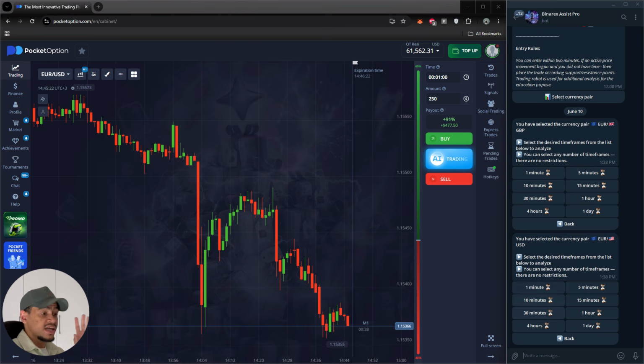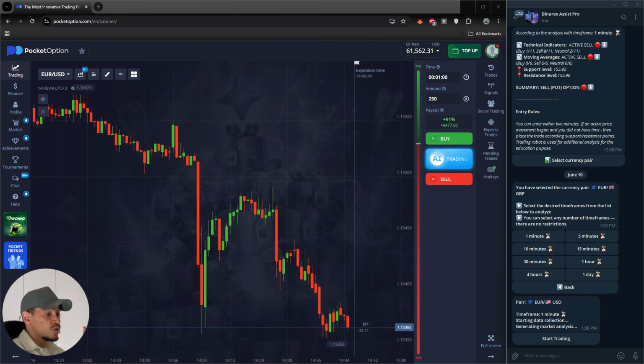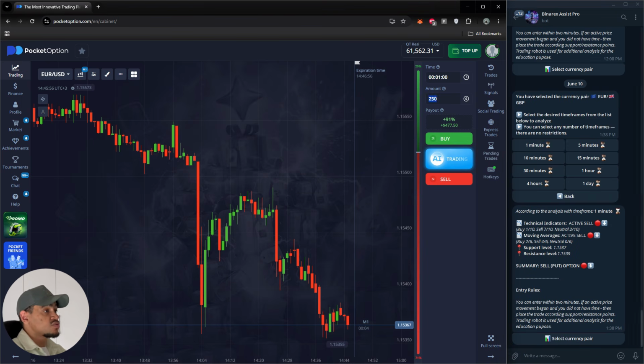You have 8 time frames to select from 1 minute to 1 day. This is, like I said, the first tool that we have ever released, and it's still to this day we follow this pattern of having 1, 5, 10, 15 minutes, 30 minutes, 1 hour, 4 hours and 1 day, because these are the time frames that you should be focusing on, and they capture the different styles of trading that you want to go with. So you know me, I'm gonna go with 1 minute because I can't make this video too long, and that's it. Now you press start trading and the tool will start analyzing the market, and you will get the analysis